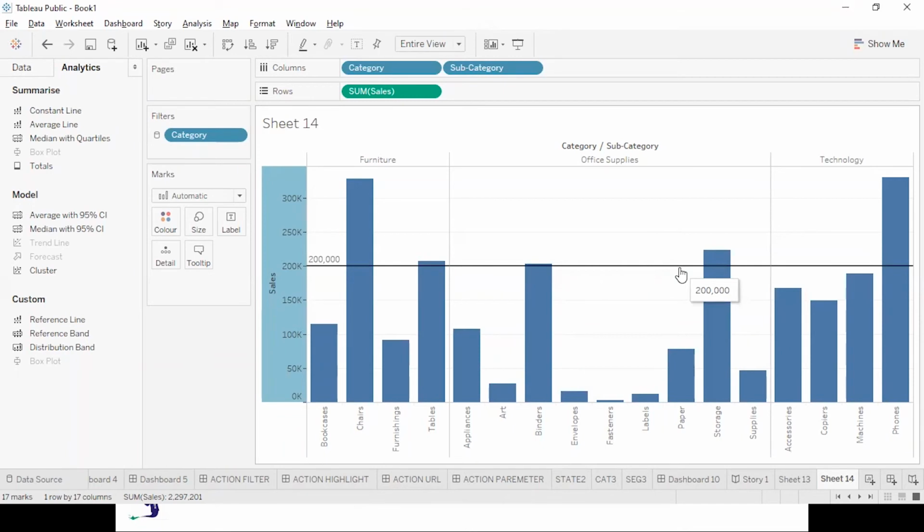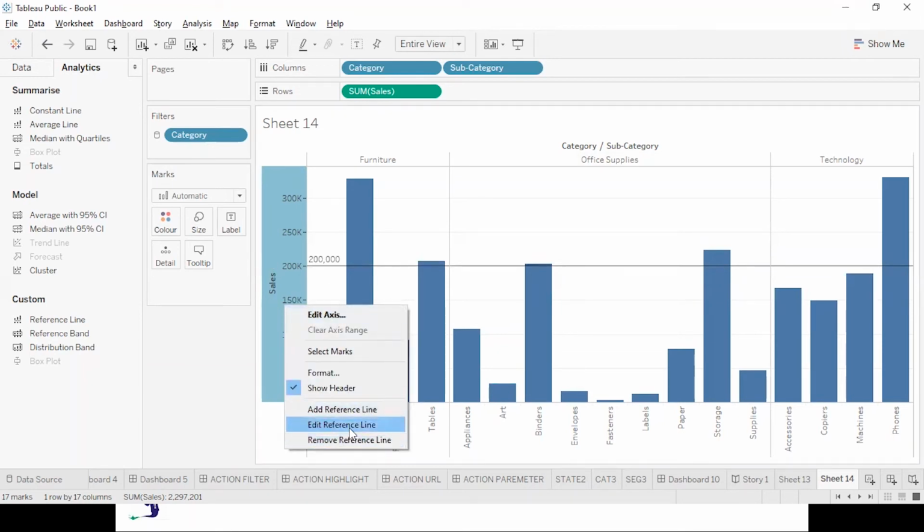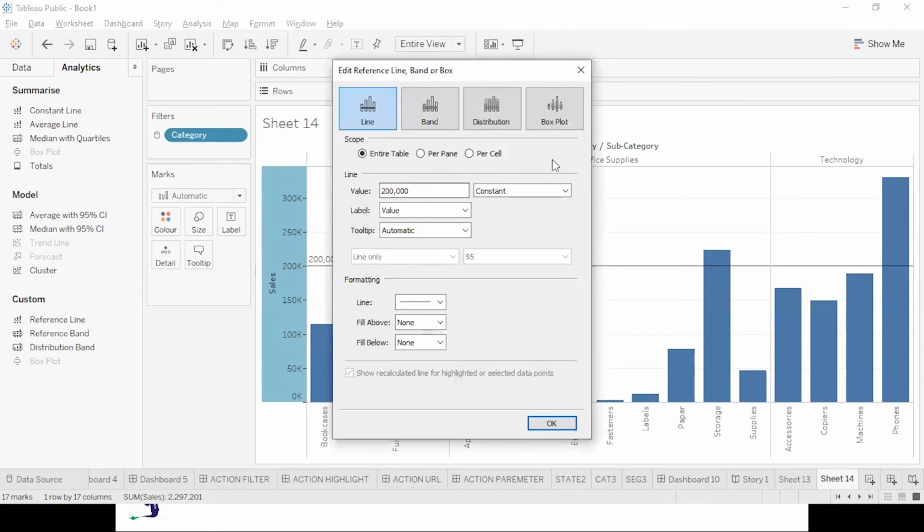Have we done something similar initially as well? If anybody remembers? Yes, reference lines. Absolutely correct. This is nothing but a reference line. You can simply say it is a shortcut of it. You can right click over here and say edit reference line, and you will see constant 200,000.